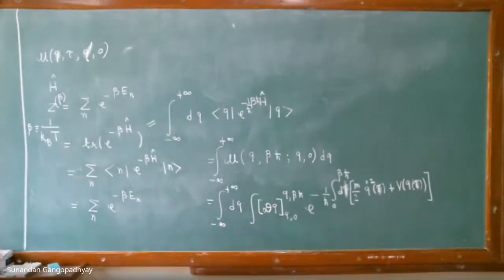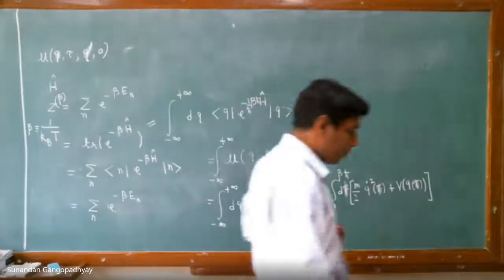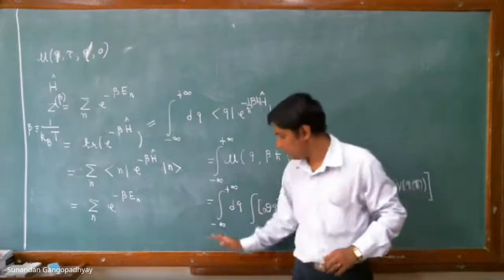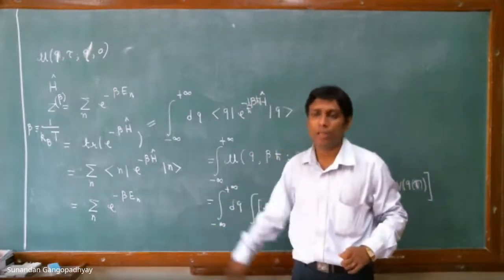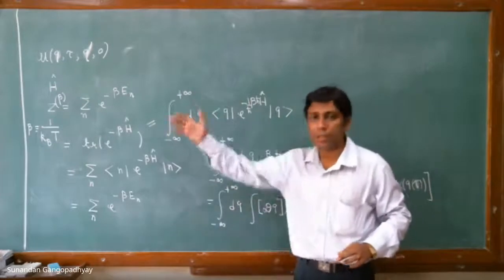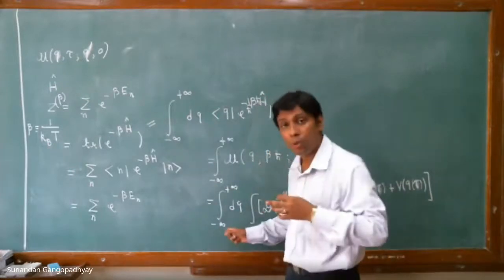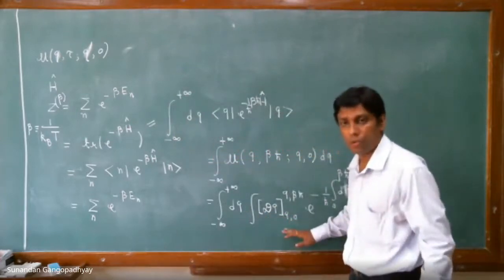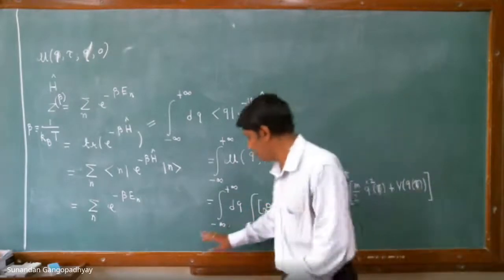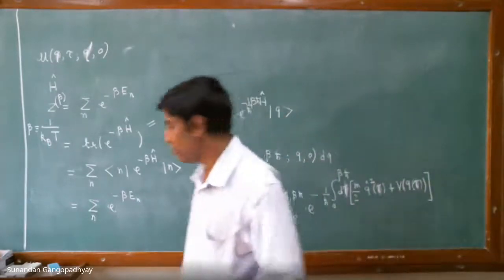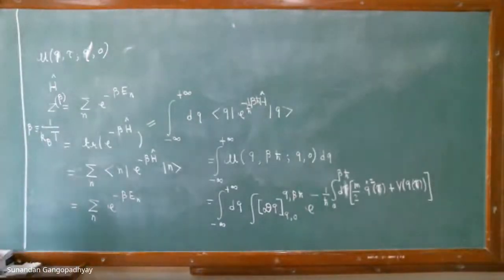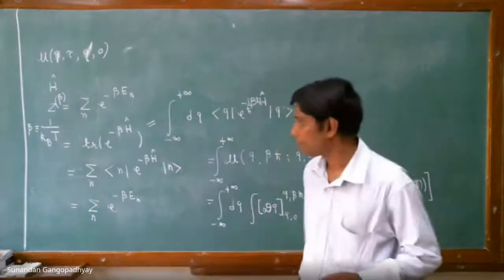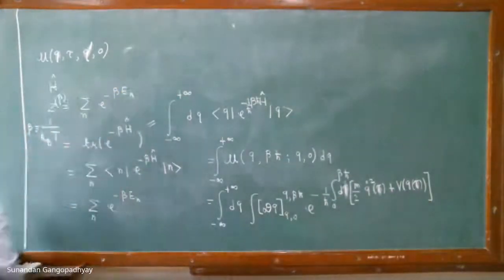Okay, sir. So this is the correspondence between statistical mechanics and a quantum field theory. Actually, the correspondence is between a Euclidean quantum field theory in d plus one dimensions, as I mentioned, and a quantum statistical system in d dimensions. But since we have not studied quantum field theory so far, we should not use the term quantum field theory here, because we have not encountered what quantum field theory is. But we have definitely encountered what a classical field theory is because we have studied electrodynamics.